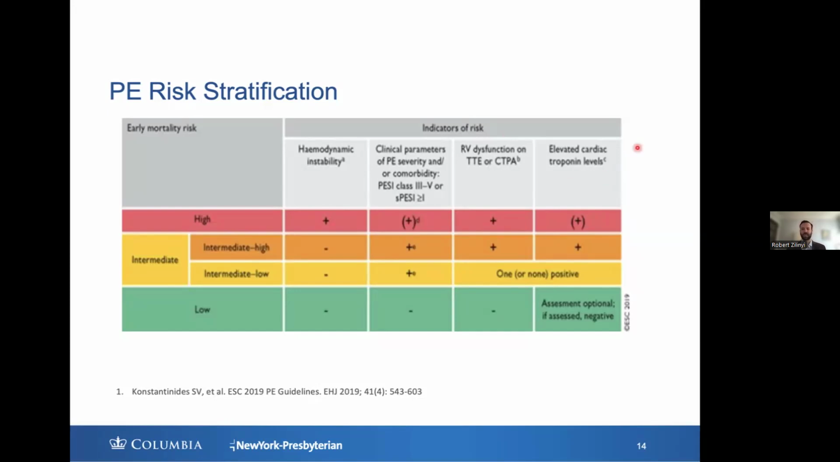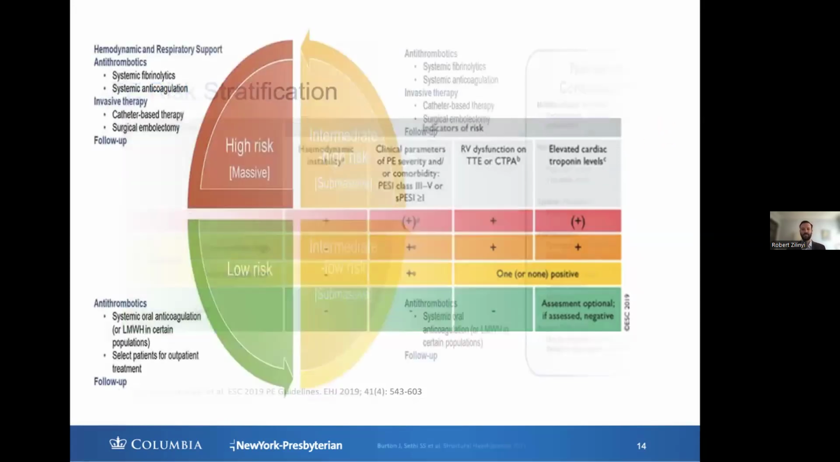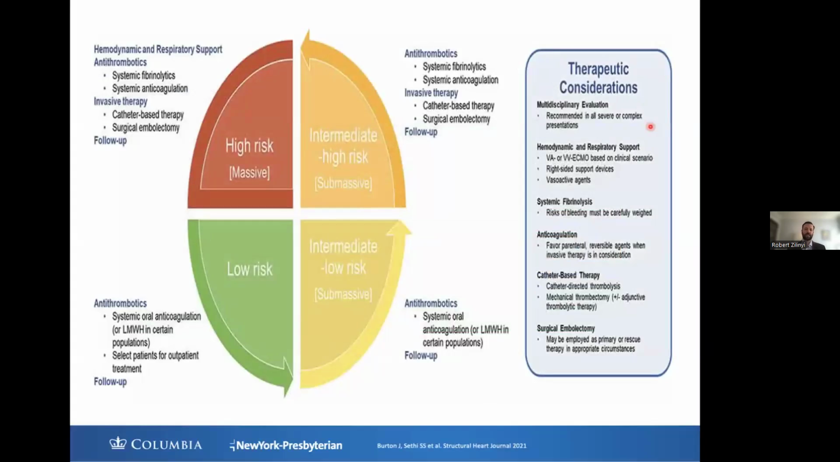And so what does this mean in terms of our treatment of patients? So this is a nice graphic of how we think about what to do with patients across the risk strata of pulmonary embolism. So in the low risk patient population, we know that mortality rates are low, and therefore we give patients systemic anticoagulation, either with low molecular weight heparin, and then often transition to an oral anticoagulant such as a DOAC or